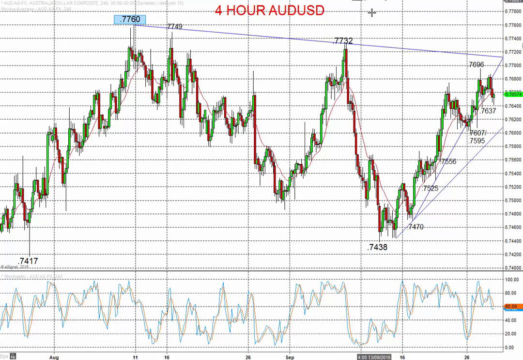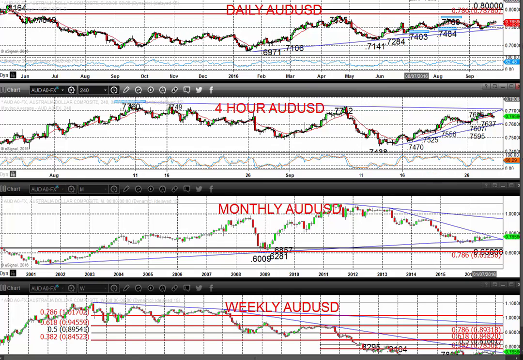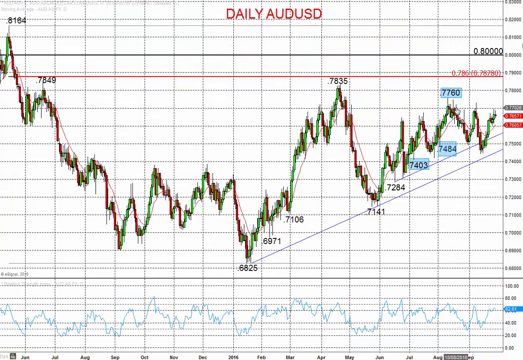77.60 is our critical level, and if we can get a break above here, that would signal, if we go out to the bigger chart in here, through 77.60, the peak from back in August. A break there would re-energize the intermediate term bullish theme, and we'd look for a much higher move going into October. So real upside threat for the Aussie dollar, US dollar, downside threat for dollar versus yen, both looking for a slight dollar weakness coming through versus these two currencies.